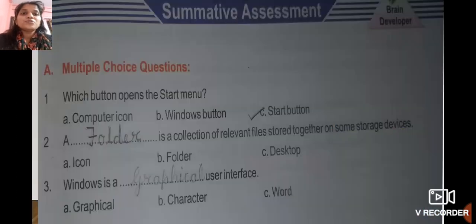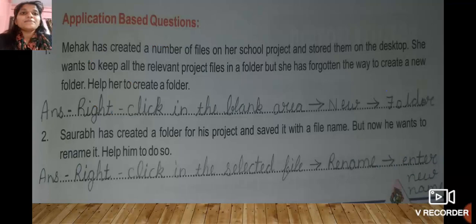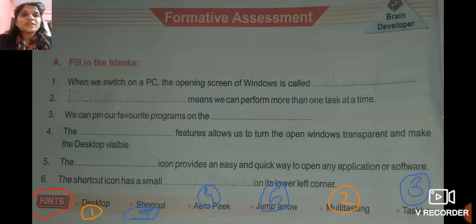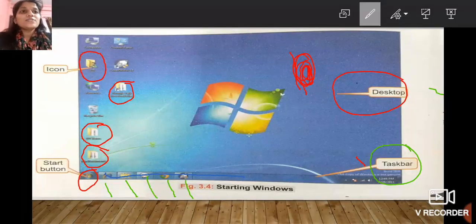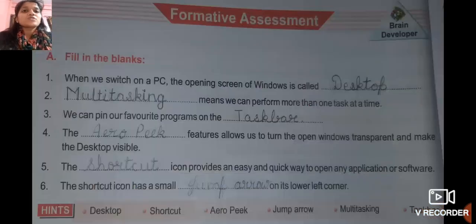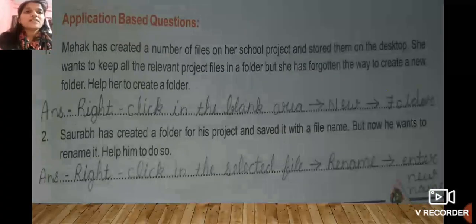Now I am going to show you one image for the icons. Yes. So students, can you see here on the screen that I have circled icons? See this. Okay. So we have seen the images for icon.